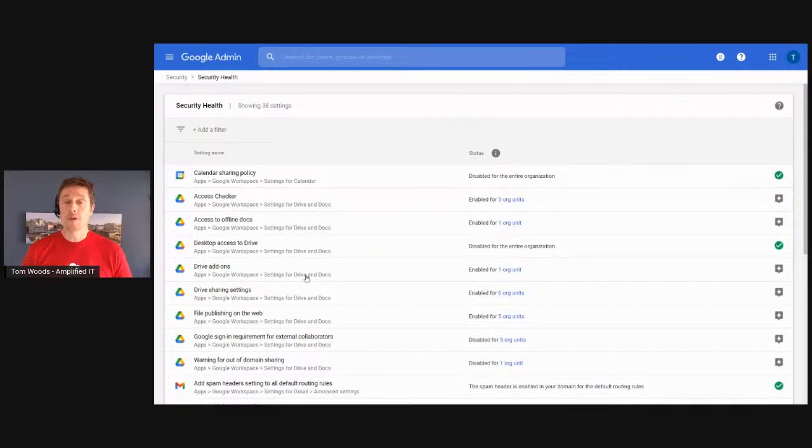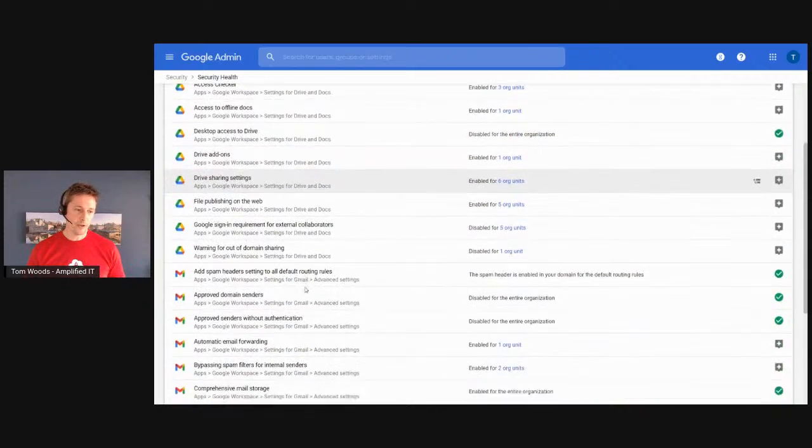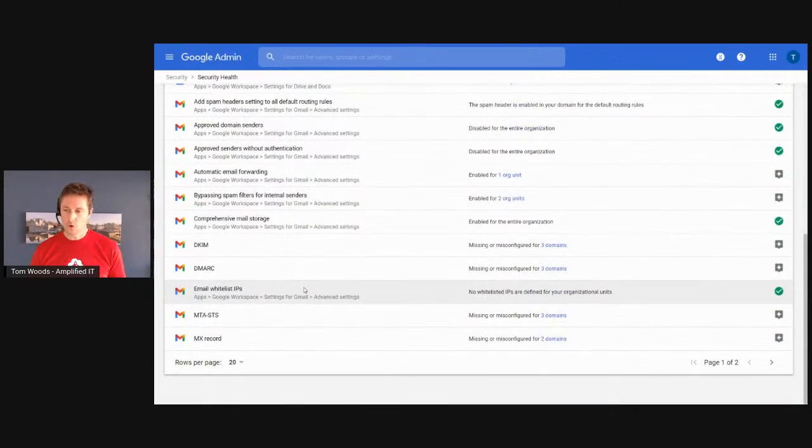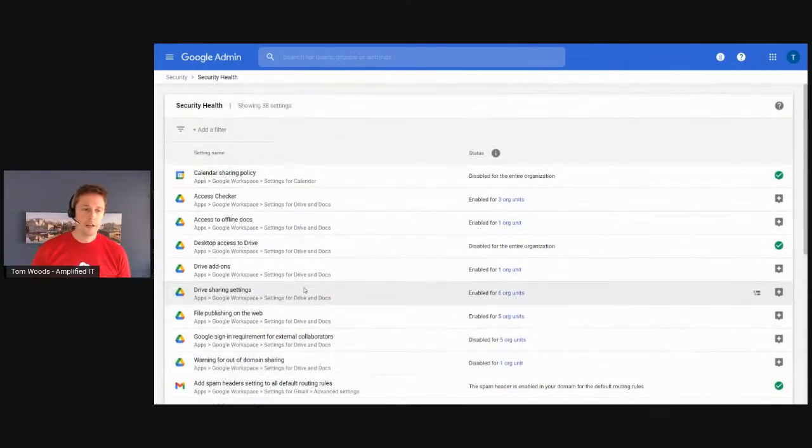It's going to alert us of that and notify us of that in some pretty unique ways. So you can see a lot of things here in this demonstration domain that are being flagged here. Everything from calendar sharing policy to some things with Google Drive. We can go down further and you can see a lot of the core services are going to show up here. Just to get you orientated with what we're seeing,